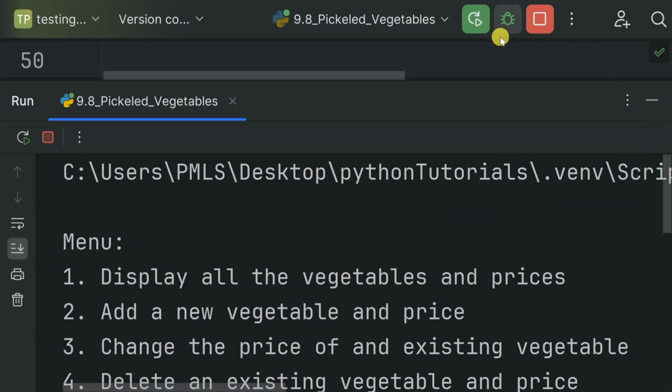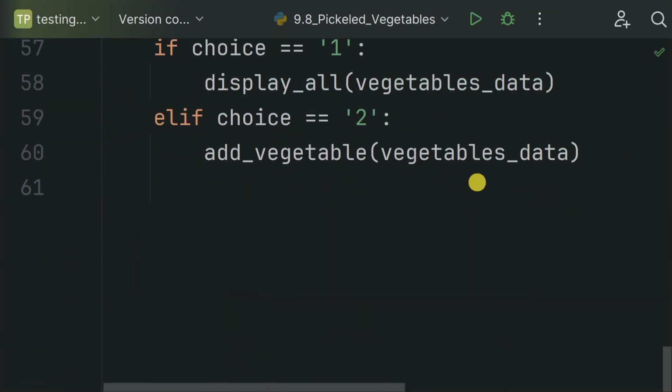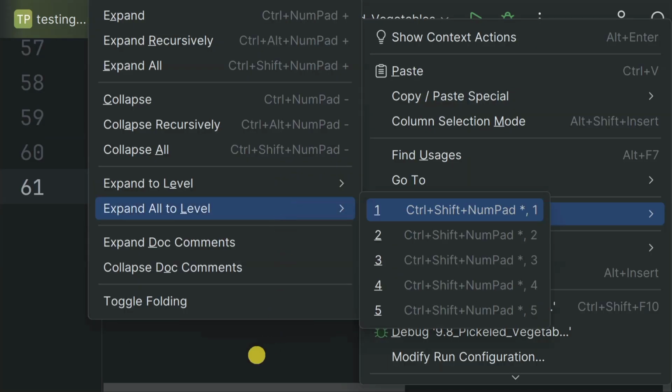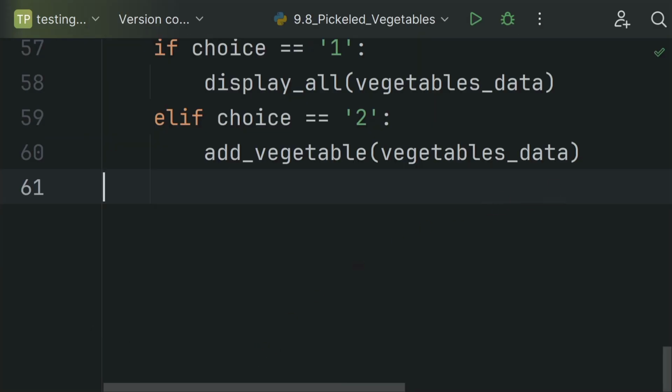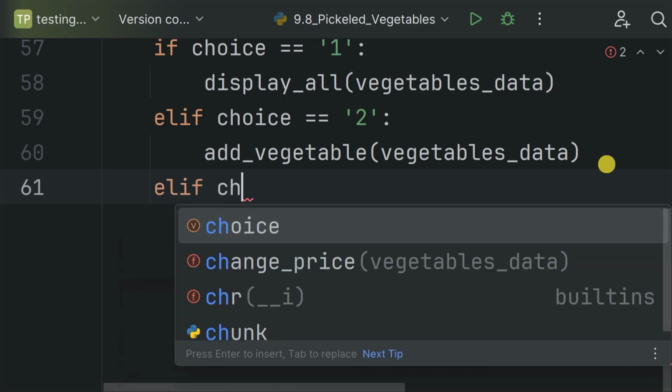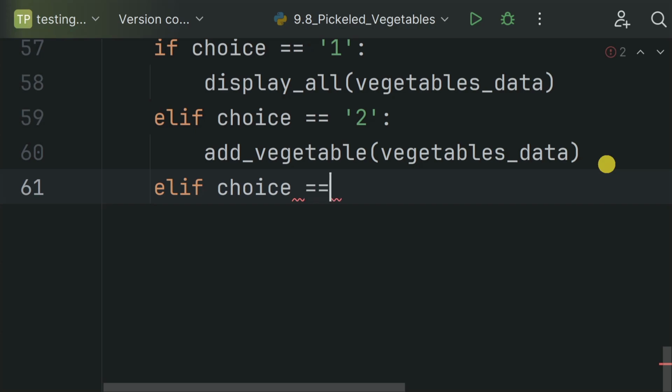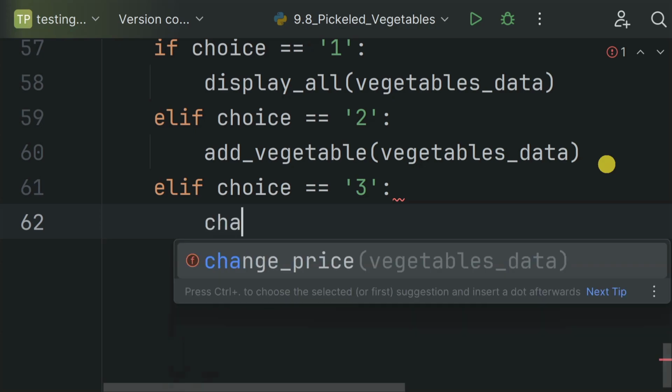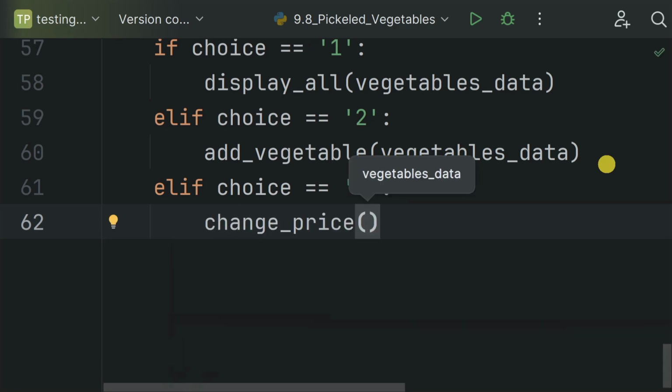So stop the program and complete. Call the remaining functions accordingly. So elif choice is equal to 3, then call the function change price and give this the argument vegetables data,